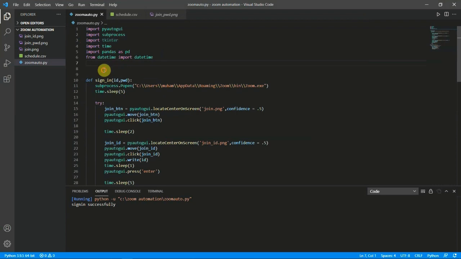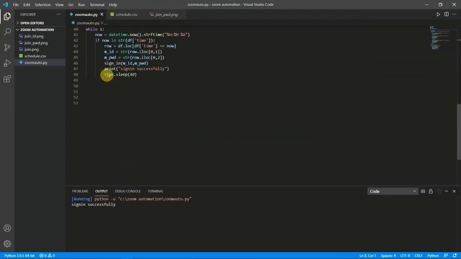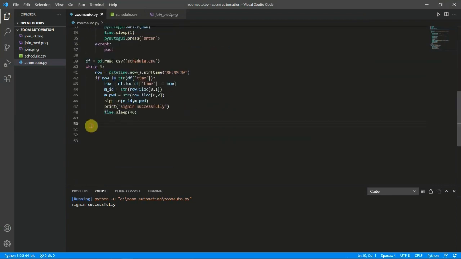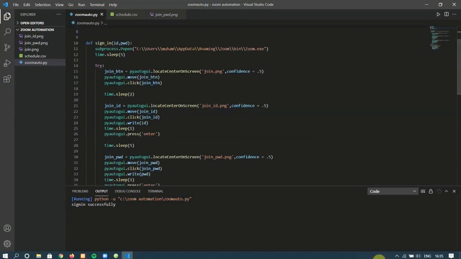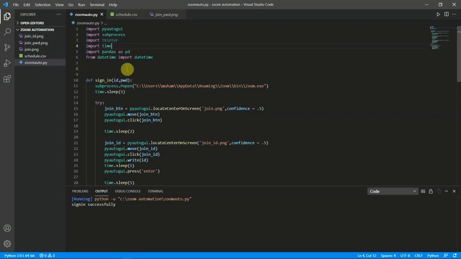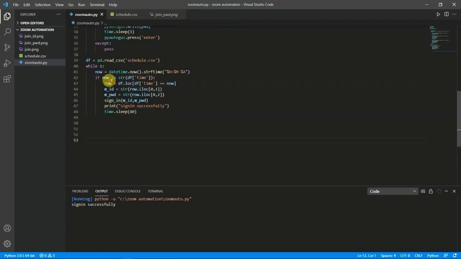Using Tkinter, you can create a GUI, which is very simple. If you need, you can make it, else this will work. So this is optional, Tkinter. As the video has gone long, I might do that in the next video. So this is how you can automate Zoom and make your bot attend your online class.